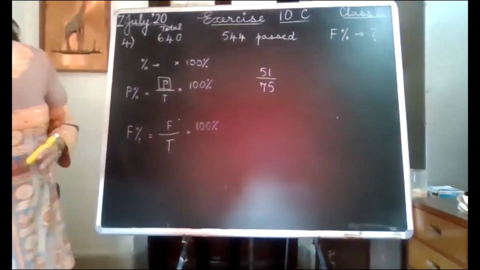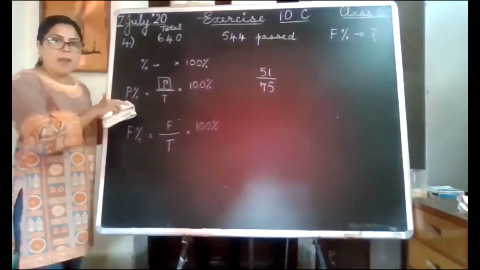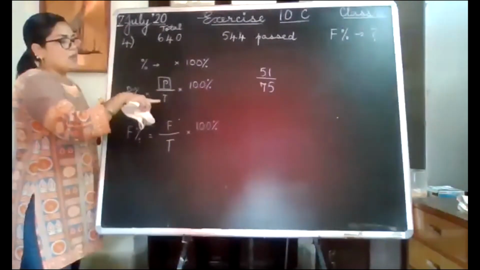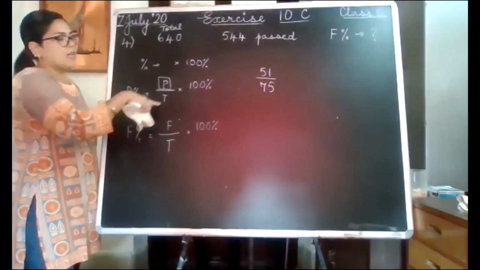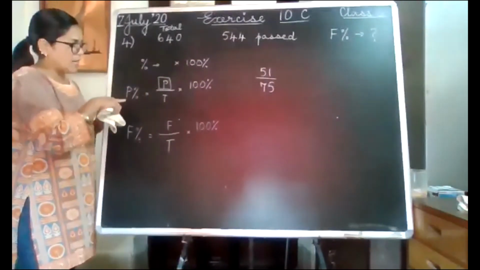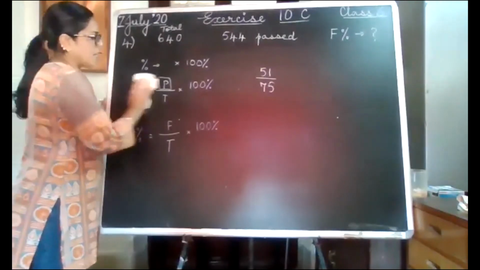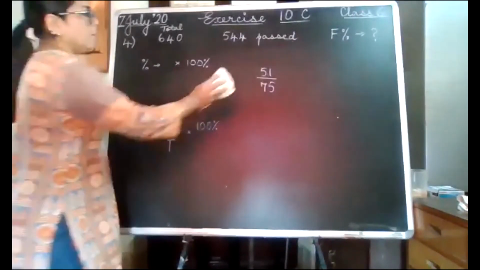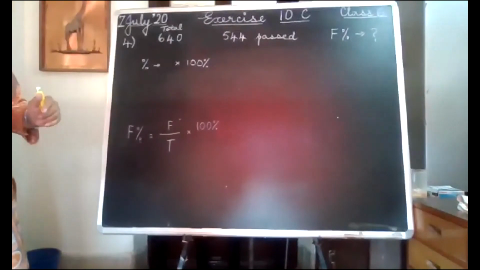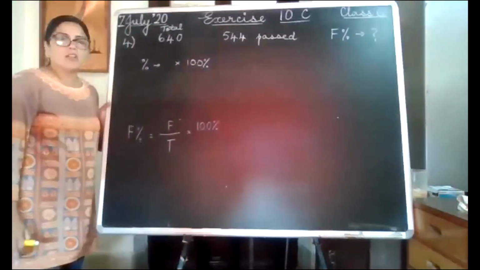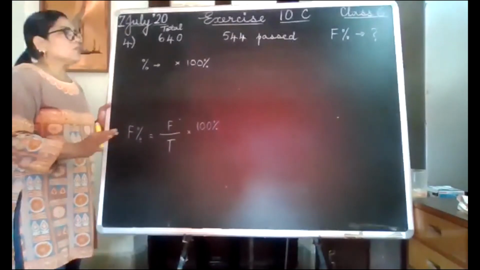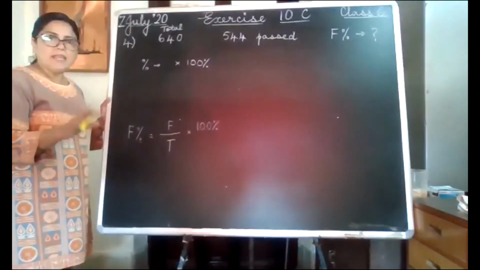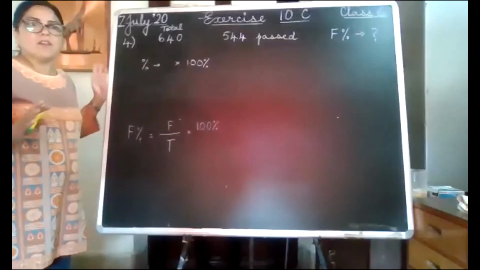Okay. And to find out the pass percentage, we would simply write 544, because we know the number of pass, upon the total. Total is 640, and multiply by 100% and do the reducing and get the pass percentage. But here we are not asked this one. We are asked the failed percentage. So first of all, we need to know the number of students who failed this examination. Now with the information which is already given, we can always find out. So if the total is this much, if so many have passed, obviously you have to minus. The remaining have failed, you know that.